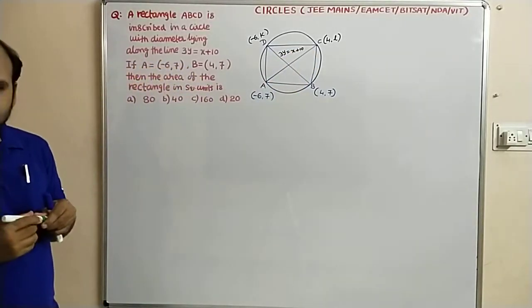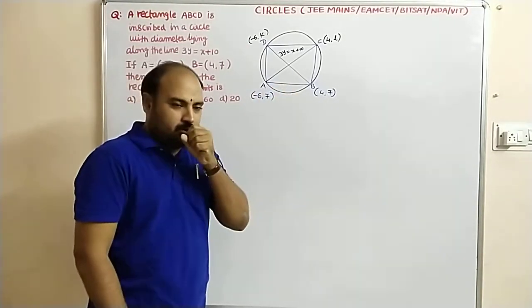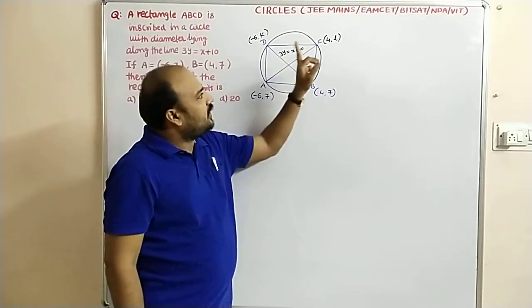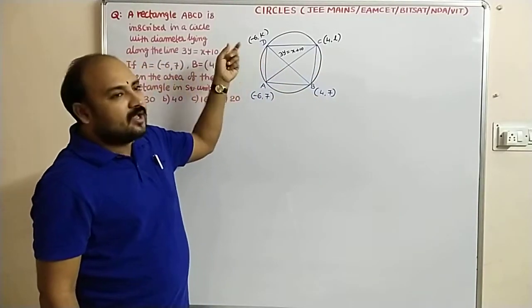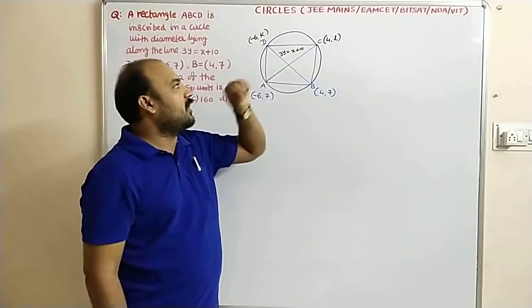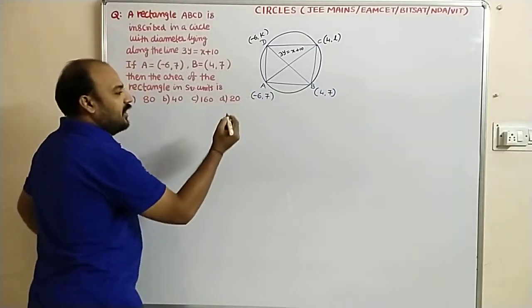We know that in a rectangle, diagonals bisect each other. That means the midpoint of either AC or BD lies on this diameter equation, 3y = x + 10. So here, the midpoint of BD